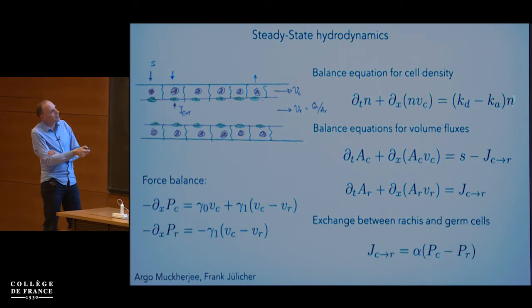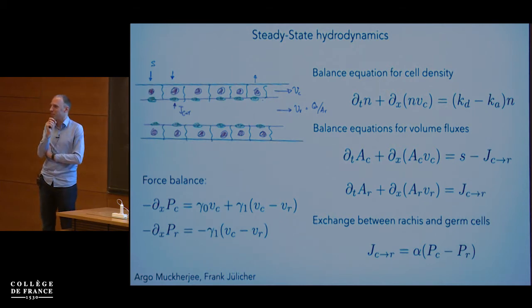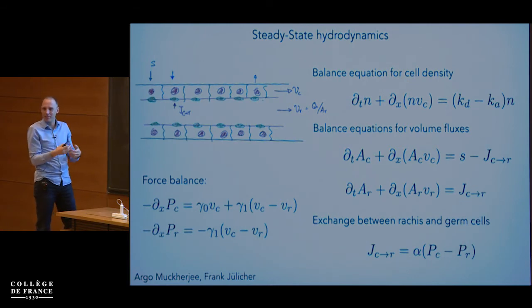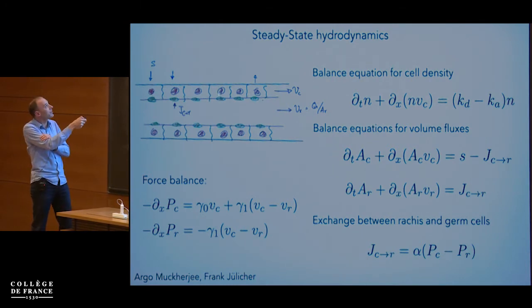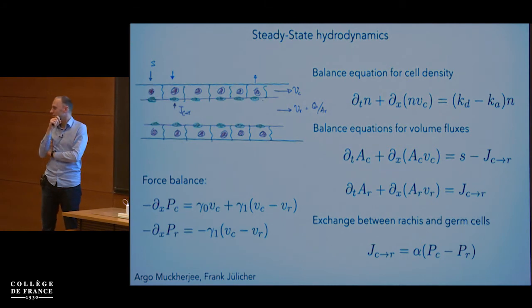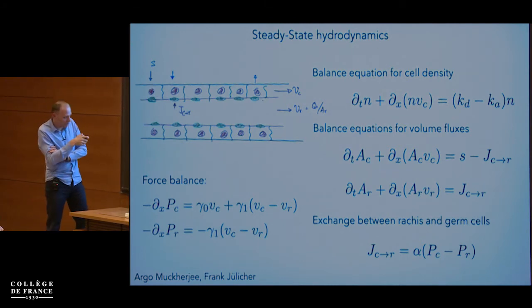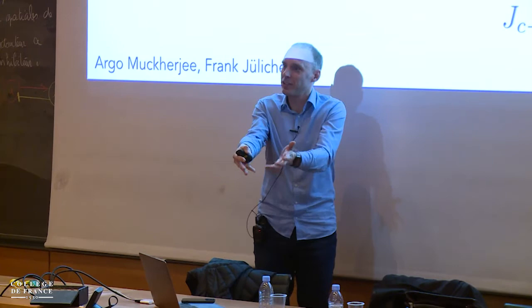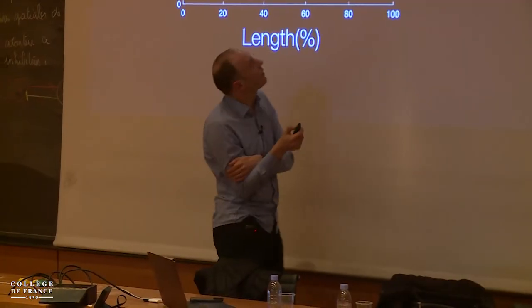Once we know, and that's the most important thing, the source flux from the outside. The material must be coming from somewhere. I told you that the flow in the rachis speeds up and then decays. As it speeds up, the volume comes from the cells. We can measure how the cells flow, and we can measure how the cells change volume. But these cells are growing. At the same time, they're dumping cytosol into the rachis, which means that they must be getting fluid from the outside. Okay? So by determining all these flow fields and making the steady state assumption, we can infer the source flux of material from the outside into the germ cells. Okay? And this is what we've done here.